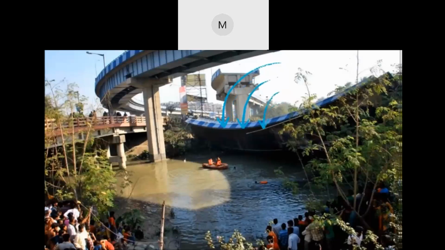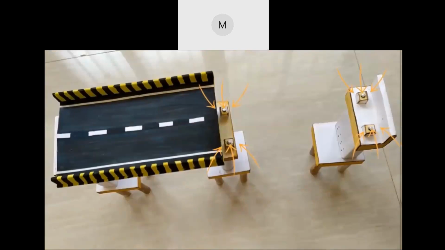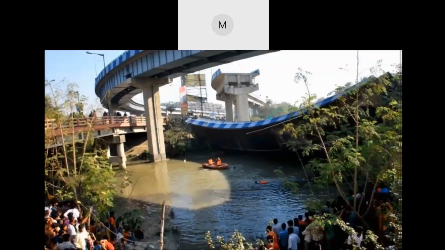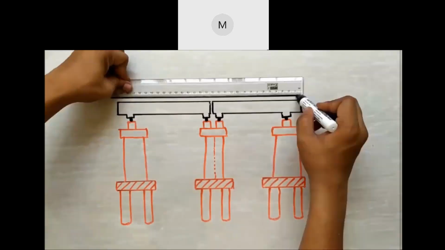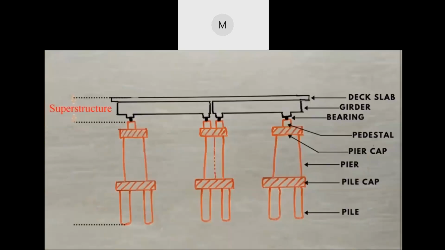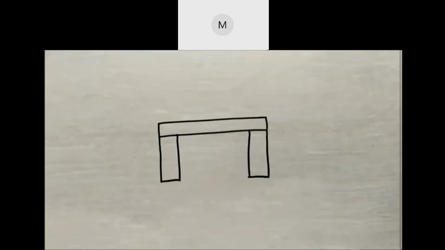Bearings, the critical elements of the overall bridge system. It's a small part of the overall structure cost, but if they function improperly, they can potentially cause a failure of the bridge structure. A bridge mainly consists of two major parts, superstructure and substructure. The portion of a bridge structure from bearings to the above is called the superstructure, and below bearings it is called the substructure.